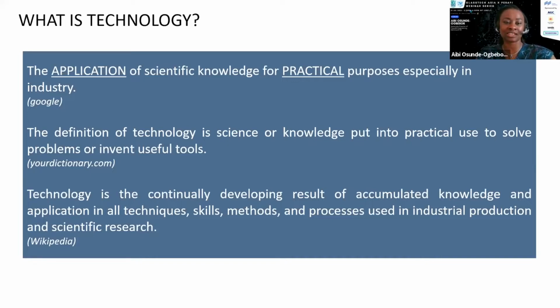So what is technology? This can really be defined as the application of scientific knowledge for practical purposes, especially in industry. It can also be defined as the science or knowledge put into practical use to solve problems or invent useful tools. It is the continually developing results of accumulated knowledge and application in all techniques, skills, methods, and processes used in industrial production and scientific research. So these are just three definitions of technology, but what this in essence says is technology